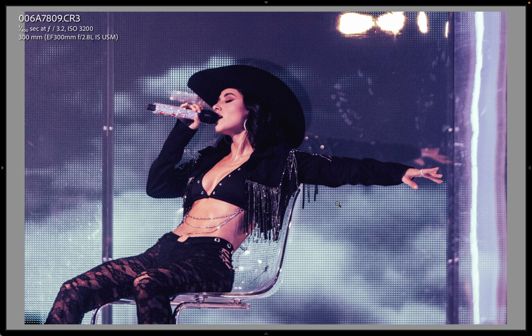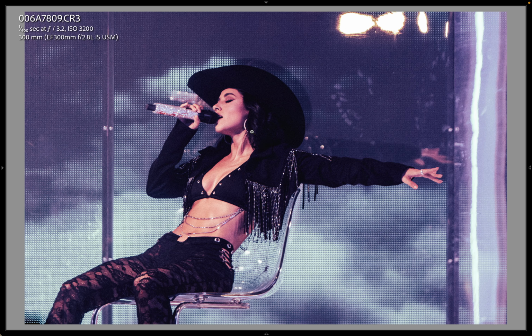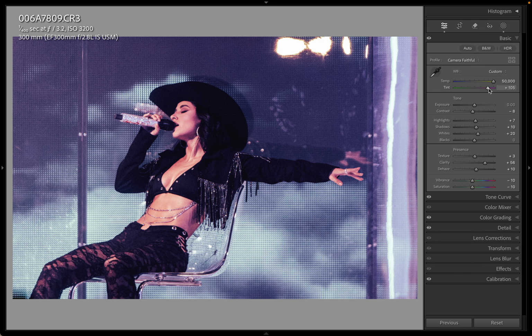This was a really nice pose. I love this moment. She's got the hat on. She's singing. The light was terrible. It's the dreaded purple-blue cast, which is almost worse than the red. So what I did to color correct this one, fully warmed up the temperature, dropped the tint. You can see how much of that affects it, getting the skin tones back towards normal.